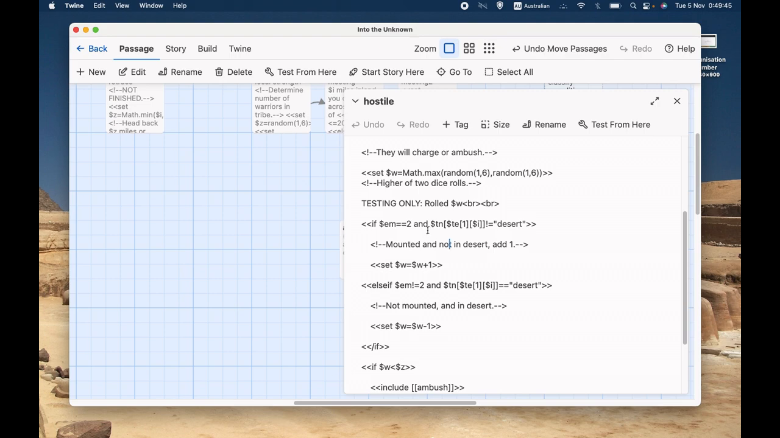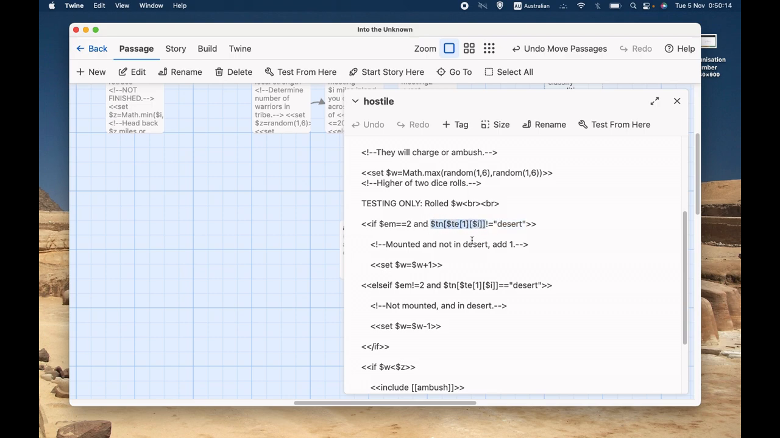So what does that mean? Well, EM is a measure of how the expedition is travelling, and if EM equals 2, that means you are travelling on horseback. And if you are travelling on horseback, this basically means what sort of terrain are we in. We've dealt with this a lot before when we were generating terrain. We saw